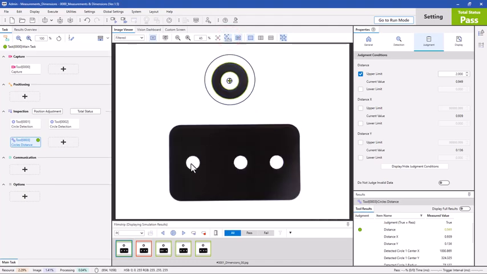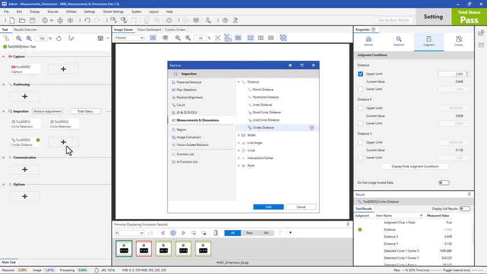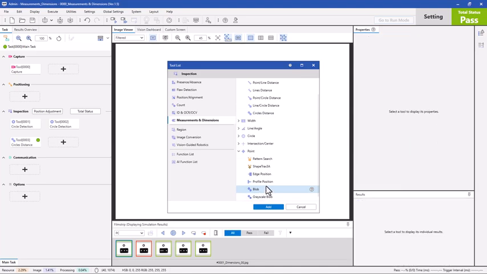Next, what we'll do is we'll detect the center points of these 3 holes down here so we can do some measurements between them. So for that, we will go to the, again, measurements and dimensions category and point detection. So you can do various ways you get points, as I mentioned earlier, pattern searches, edge positions, things like that. We're going to use the blob tool. So the blob tool will find the center of gravity of the blobs that are on the screen,